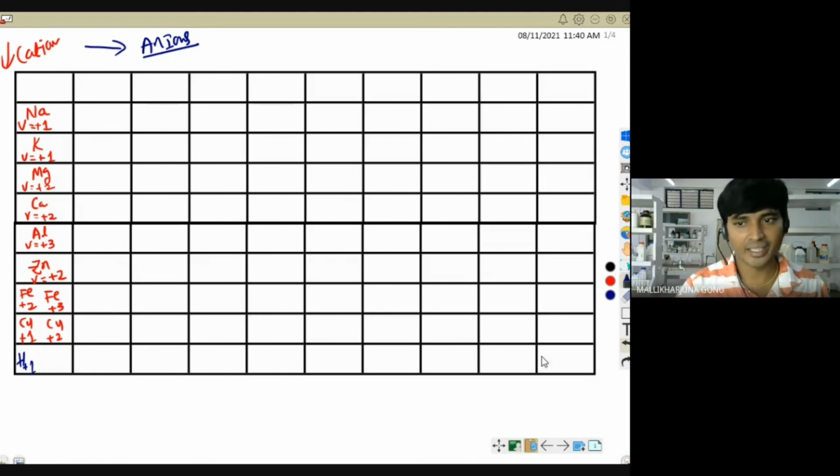Okay, this one. And anions I will write. This is a special case that anyhow you will come to know. Regarding hydrogen, one chapter is there, a dedicated chapter. There you will understand regarding this one. So anions I will write here.